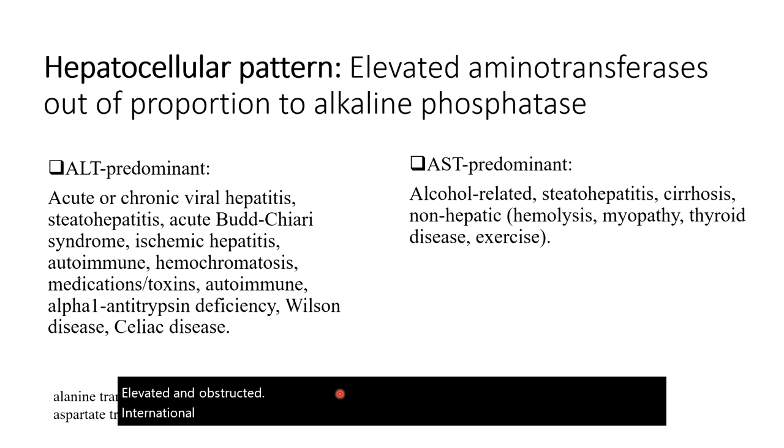out of proportion with respect to alkaline phosphatase. So ALT will be predominant when we have apoptosis, necrosis of tissue. Okay, so it will be predominant in acute and chronic viral hepatitis. By the way, I have it here that Wilson disease has an ALT predominance, also hemochromatosis. Okay, AST, we're going to reserve AST for alcohol and for cirrhosis,